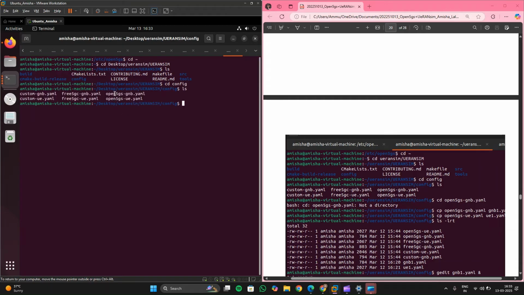Here we can see the gNodeB and UE files are present: open5gs-gnb.yaml and open5gs-ue.yaml. We need to copy these files and create our own gNodeB and UE. So we'll just copy open5gs-gnb.yaml. You can name it anything. I am naming it gnb2.yaml